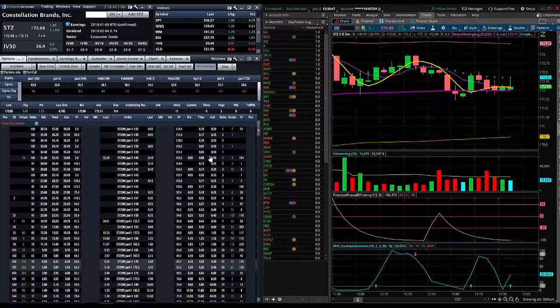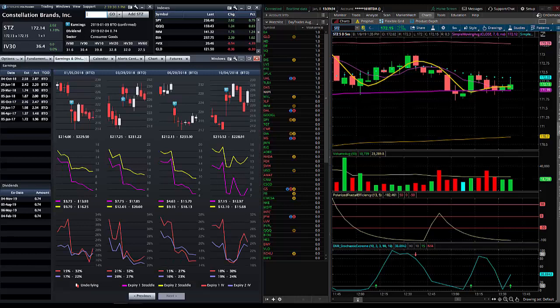So what we first want to do is look at, do we have a directional bias? Because we'll look at everything. We'll start from non-directional plays and work backwards. But we want to see what we have that we can look at. And really, the only thing that we can look at that's at all predictive, and it's not very predictive, is how does this thing act on earnings? If you've paid attention to earnings, there are just some stocks that outperform on earnings. Why, I don't know. I wish I could say, these are the ones that do it. But going back and looking at what this has done over the last 2 years gives you at least some idea. We can go here, and we can go back to